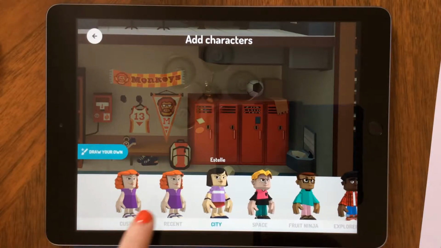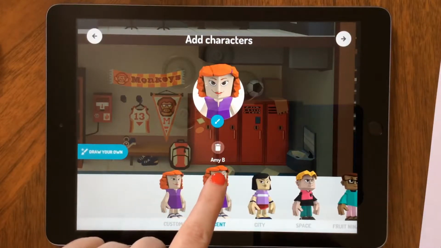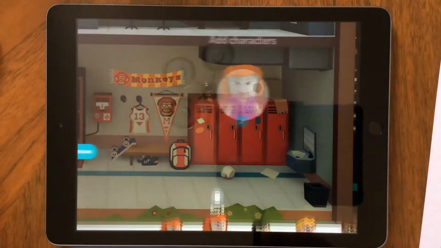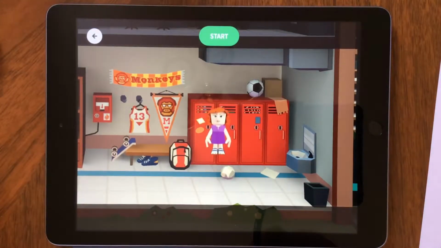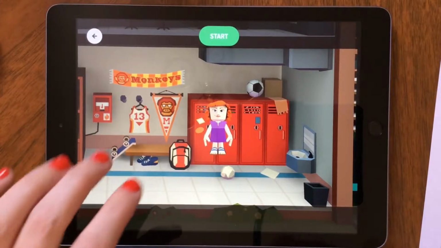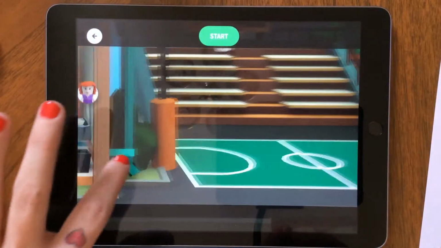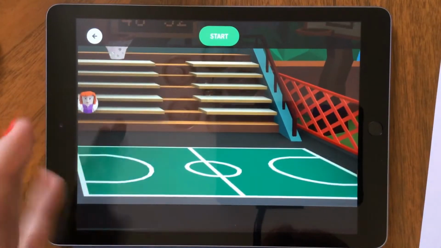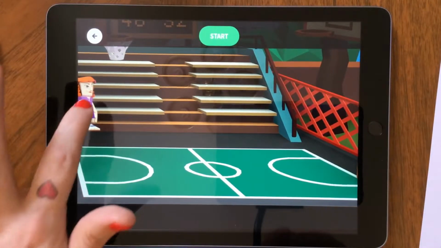I need to choose my character. Remember, you need to scroll to find your character. Remember, it has your name. Once you find that, click on the arrow. Okay, so it just picks a place in the setting, but I'm going to show you a trick. You can keep scrolling until you find the part of the setting that you like, and then just click on your character again.